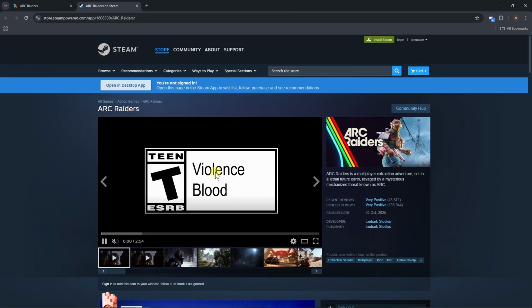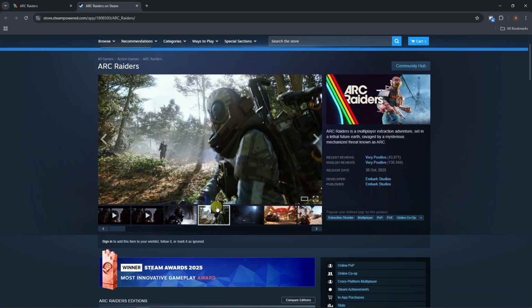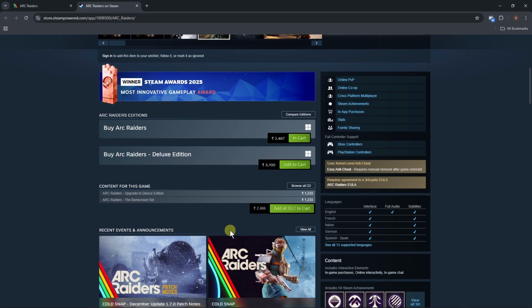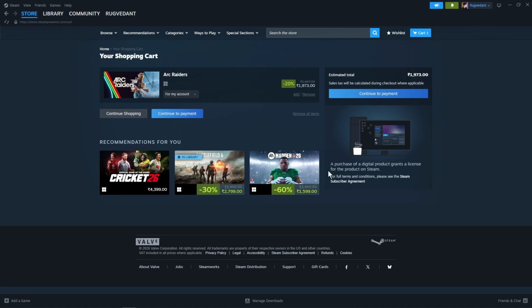Now it will redirect me to the Steam store page, and from here you can check out the Arc Raiders screenshot and all the details you wanna check. And now to buy this game, we need to add this game into our cart. So select the edition you wanna buy. We have standard edition and deluxe edition. So I wanna get standard edition, so that's why I'll add it to my cart,